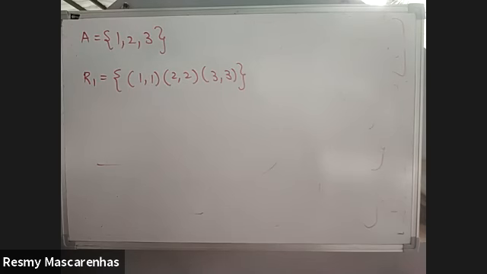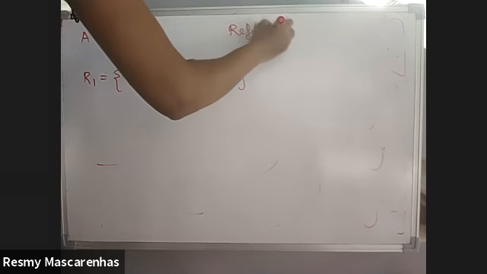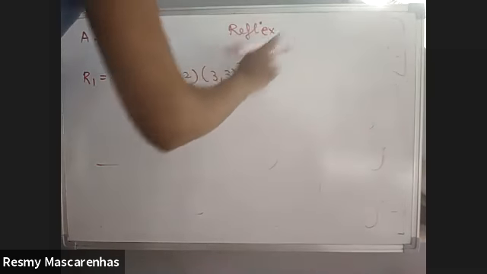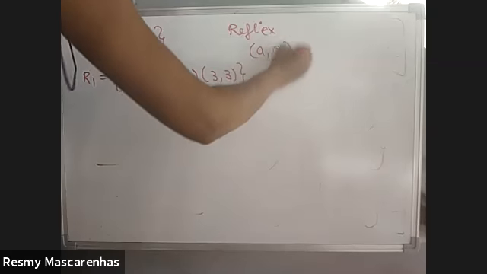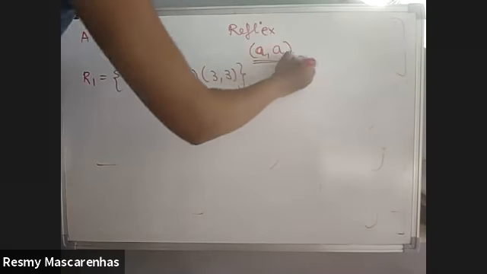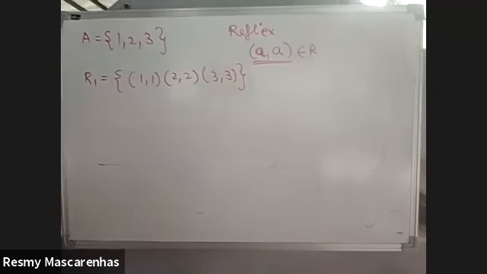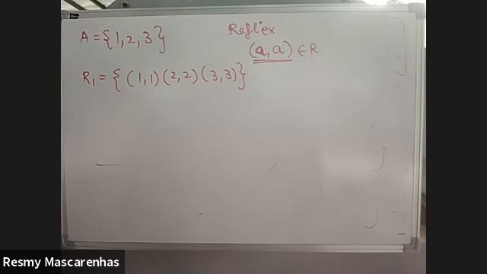Okay, now we want to find out whether this is a reflexive relation or not. Right now we are doing the first one, reflexive. So as per the reflexive definition, what was the condition? A comma A. This was what I told you to remember for reflexive. A comma A means the same thing should be over here. So now check the elements. Which all are the elements of A? 1, 2 and 3 are the elements of A.